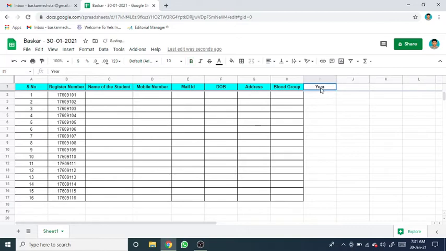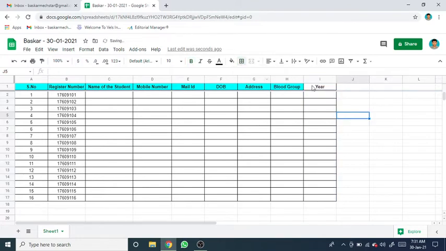Here I am adding one more column, so go to all border. Here I want to bold, and at the same time I want to fill the color of this I column box. You no need to click again, just click that, then go to this paint format, click it, then if you click the other cell, it automatically takes whatever is available in that format.